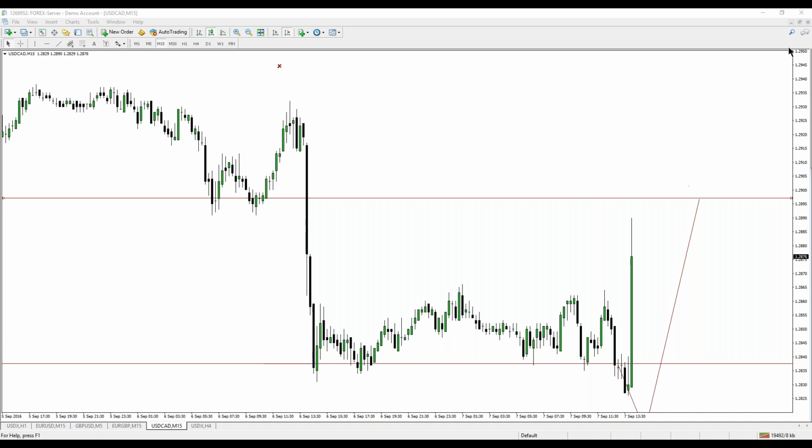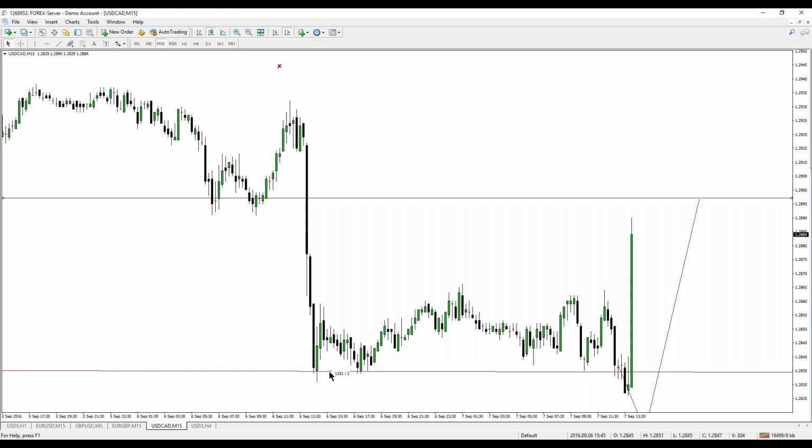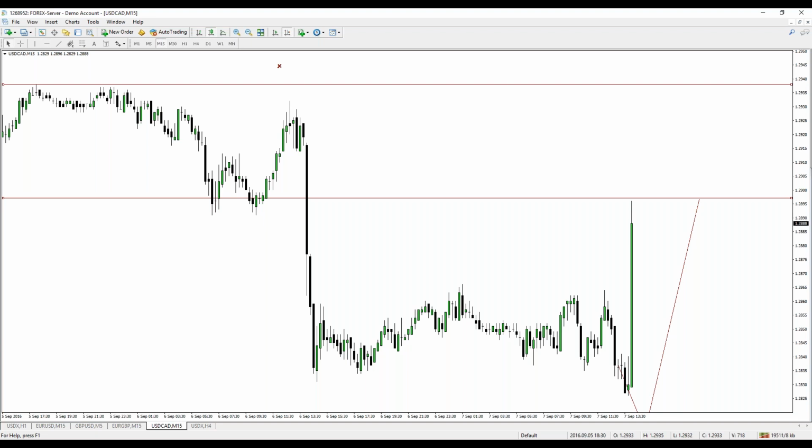So the reason why I'm looking for the CAD to do what's described here is we had this low established with the bodies of the candles right in here. Let me get this off. We still have these equal highs up here. If we go through and close this range, we have stops right above this high here and this clean area up here. So I'll note that now. So we have two levels to watch should we get some real run on the upside.